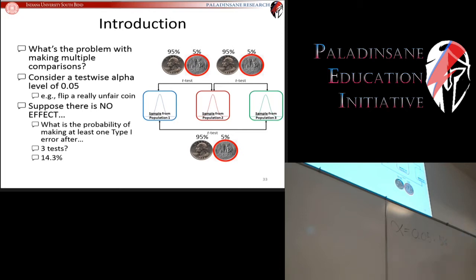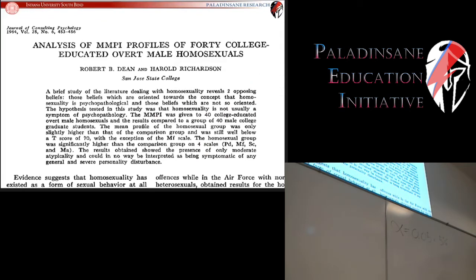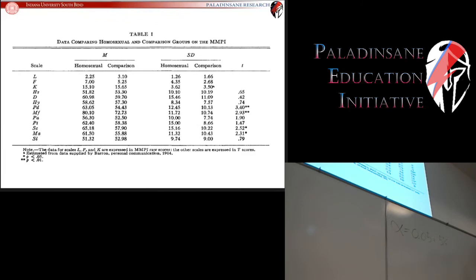I mentioned to you before that people have made this error previously, and one example of that is this study right here, which was an analysis of the Minnesota Multiphasic Personality Inventory profiles of 40 college-educated overt male homosexuals. So this was one of the first studies that was done on the personalities, the behaviors of homosexual individuals. And what they found was that there were personality differences, that homosexual males were significantly different from heterosexual males on certain personality types. So the way that the Minnesota Multiphasic Personality Inventory works is that there are a number of